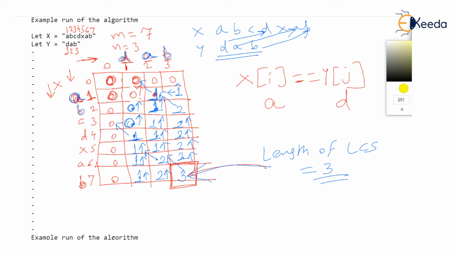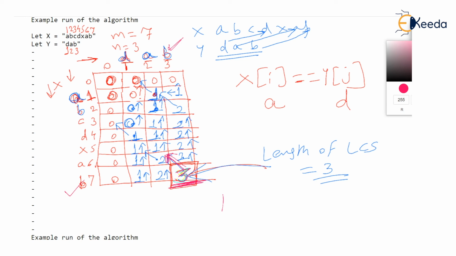Now you see, to find out the subsequence, you start from the cornermost entry. Let's start with the cornermost entry, that is 3. Let's start with this 3. And 3 has a diagonal entry over here. Check this. There is a diagonal entry for 3. That means the letter corresponding to this element matched, and the letter corresponding to this element was B. I'm ticking it out here. So B matched.